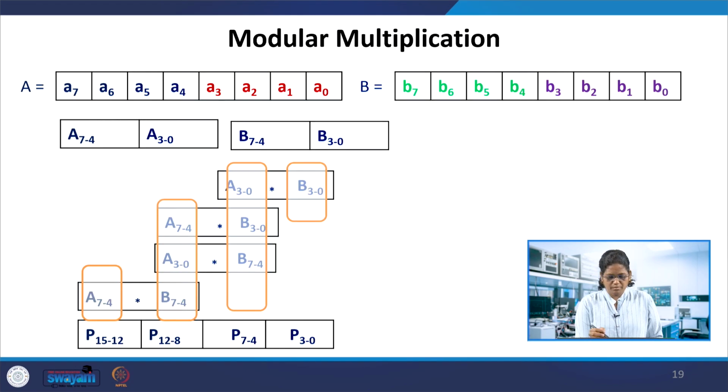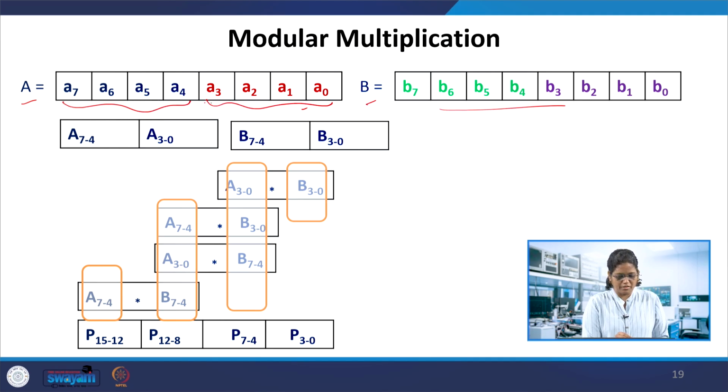Apart from this signed one, we have modular multiplication also, in the sense of doing the multiplication in unconventional ways, shift and add whenever the partial product is generated. Instead of generating all the partial products and then adding them, you can reduce the addition operations. So for modular multiplication, suppose we have the number A which has 8 bits and the second number having 8 bits. We can have them equally separated, bifurcated, 0 to 3 and then 4 to 7. Here similarly 0 to 3 and then 4 to 7.